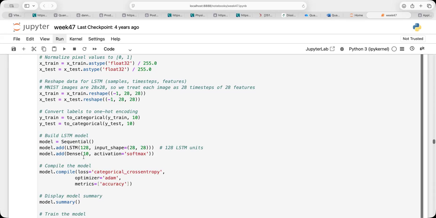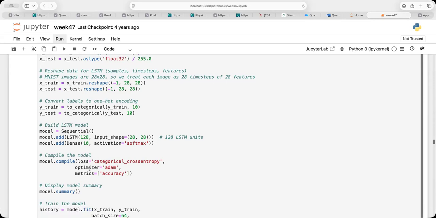If you use the MNIST data, then you know that you have 10 classes you want to predict, the numbers from 0 to 9. That's why we have the softmax activation function and a final dense layer, which is simply a 10 class output.